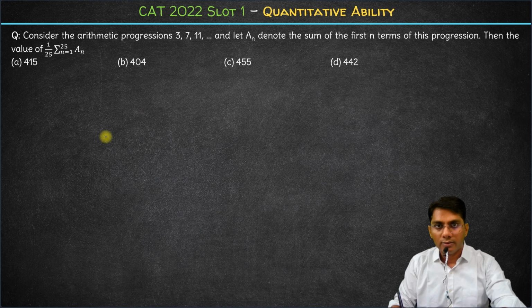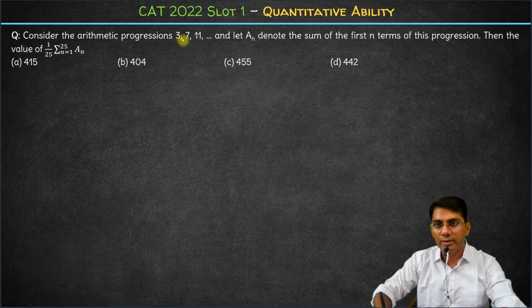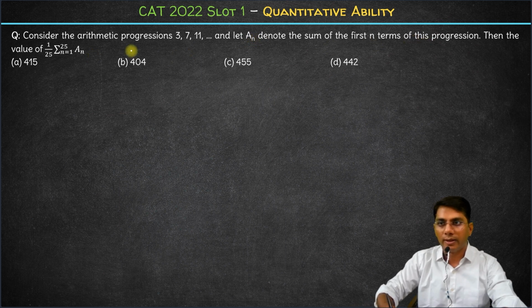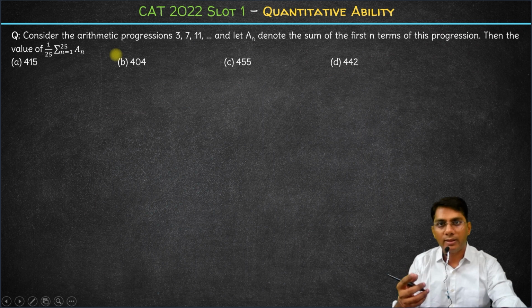Hi. So here in this question, we consider the arithmetic progression 3, 7, 11 and so on. This is an AP whose first term is 3 and the common difference is 4. Now let An denote the sum of first n terms of this progression. So A1 is the sum of only one term, A2 is the sum of first two terms, A3 is the sum of